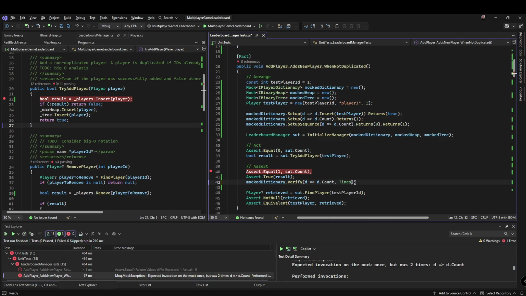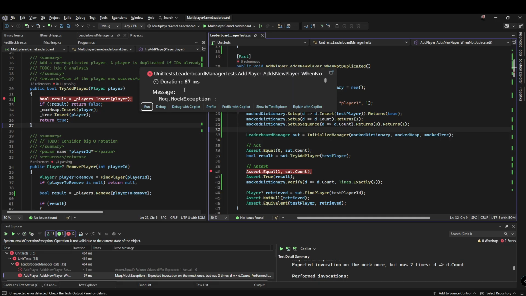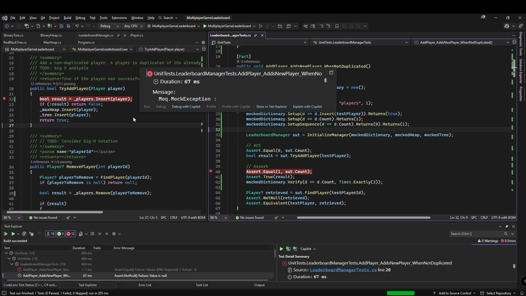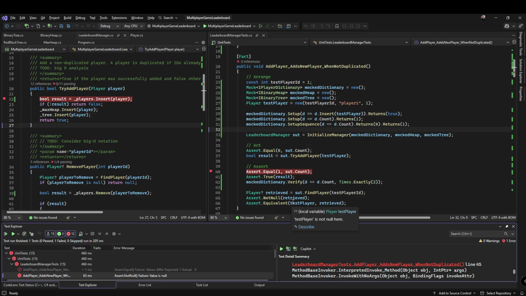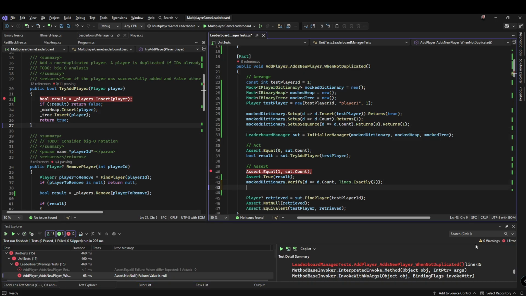So let's do this times dot exactly 2. So exactly 2 calls. Now we should get that null exception again. Yep, there. So value is null at line 45. Okay. So we verified that. So now we can do the same thing. Verify d.insert